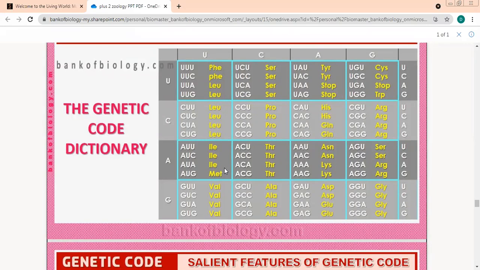Okay. Now let us have two PHEs. Then how many leucines? 6 leucines. After that, how many isoleucines? 3 isoleucines. Yes, and then we have methionine, and the last one is very easy. It is all valine. Let us do the first box only.